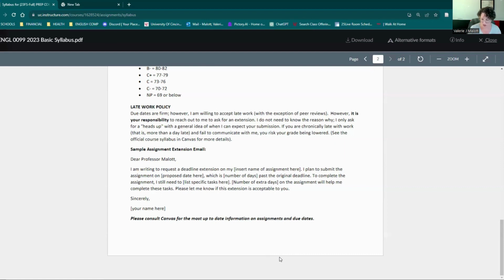I don't need doctor's notes if you are going through something, dealing with an illness or something like that, or a note from the funeral parlor if you have somebody that has died in your family. I only need a heads up with a general idea of when I can expect your submission. If you start having a problem and you're chronically late with your work, that is, you're more than a day late each and every week, I'm going to reach out to you and